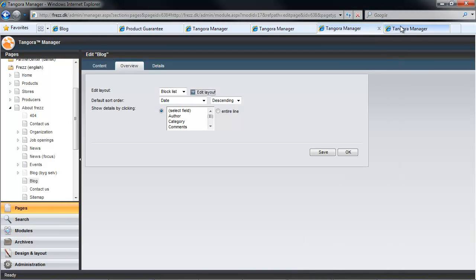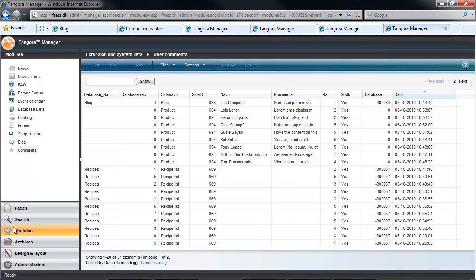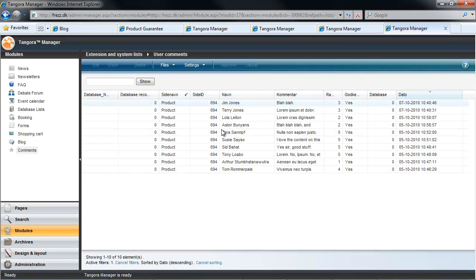We've already seen how feedback can be displayed in your site in many different ways, but it's also worth mentioning here that you have a complete overview internally under the feedback area under modules. Here, you could use SmartView to investigate your comments. So perhaps you'd like to see comments on a particular recipe or a particular product, or maybe you'd like to take a look at a specific user's comments across a range of different areas on your site.